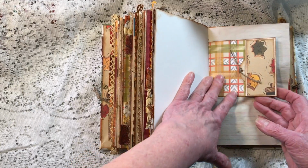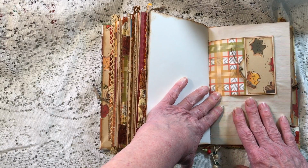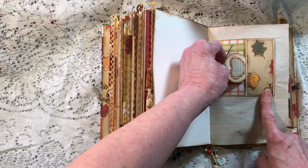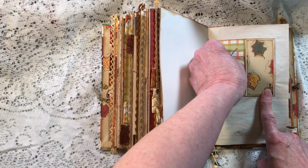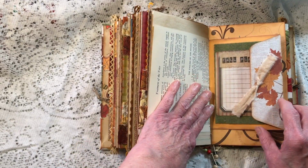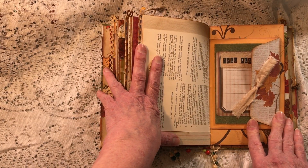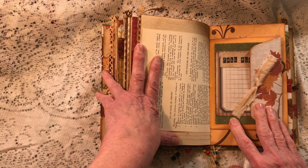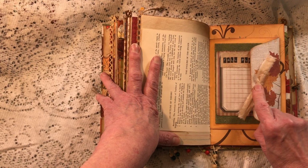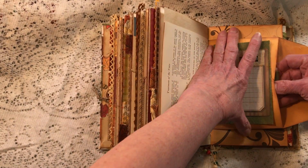Now on this, it was just a scrap, and I folded it over and was just going to have it in as a flip out type thing, and I ended up making it a pocket on both sides. It has a little heart, a double matted heart there. And here is the big gold envelope, the 6 by 9 I think. And we covered the flap and then poked another hole and tied in the muslin. And inside is a